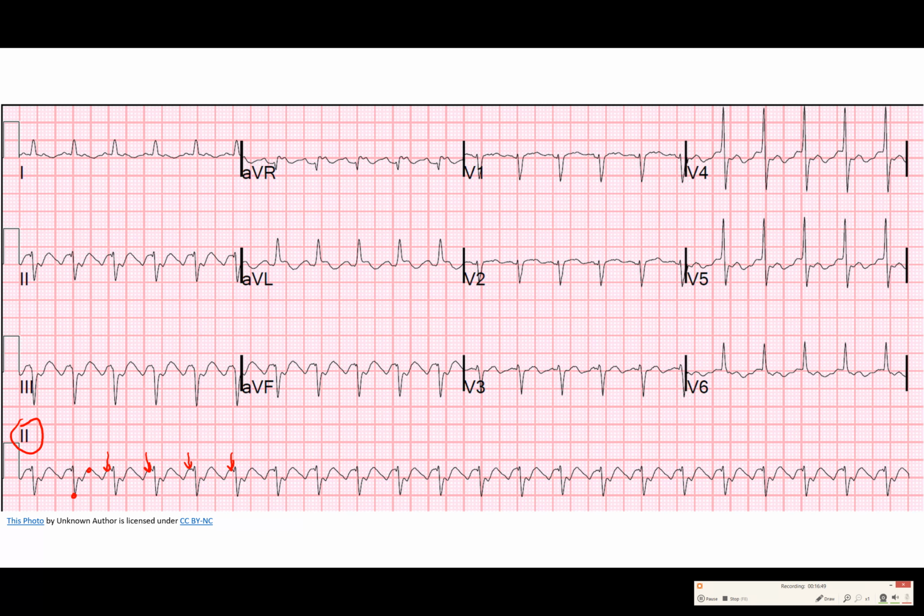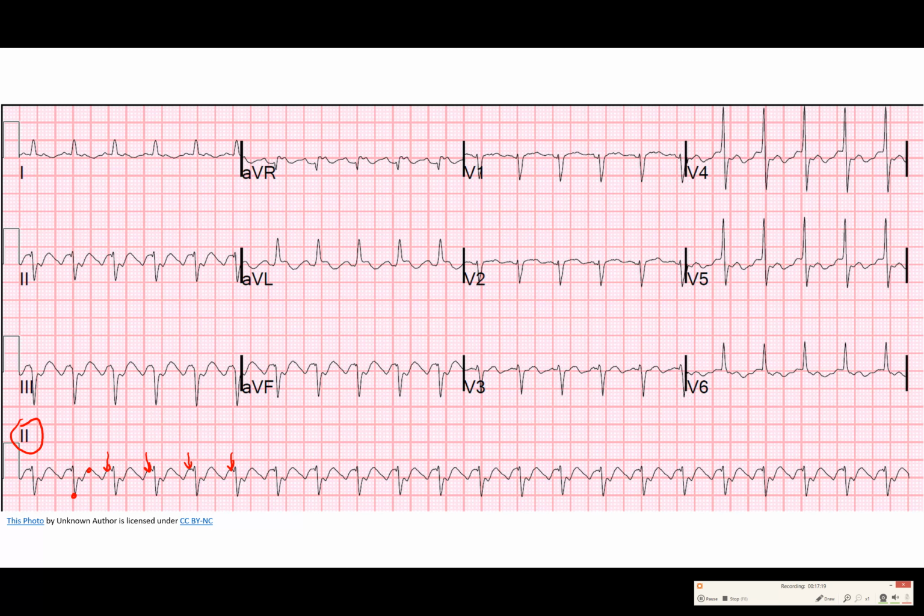So then if there are no P waves, you really can't answer the next questions. You can't answer the question about whether the P waves look the same, or whether there is a QRS after every P and a P before every QRS. And you really can't answer the PR interval. So if we're not sure that there are really P waves, the next thing to say is: